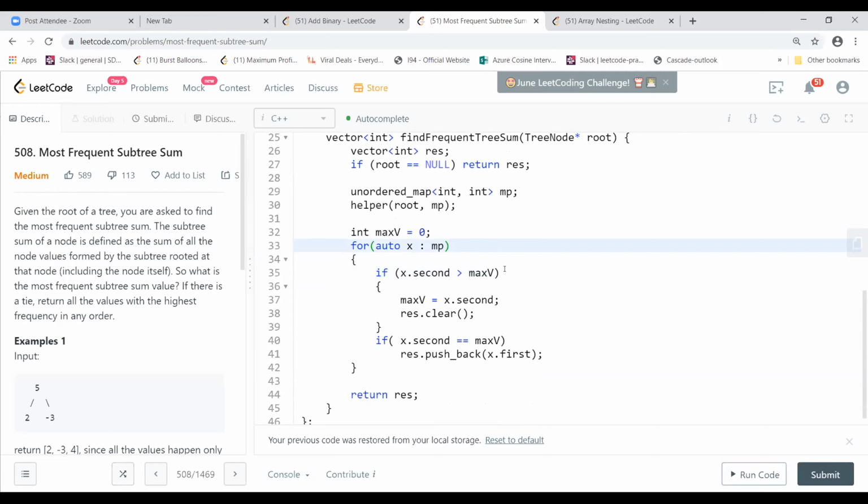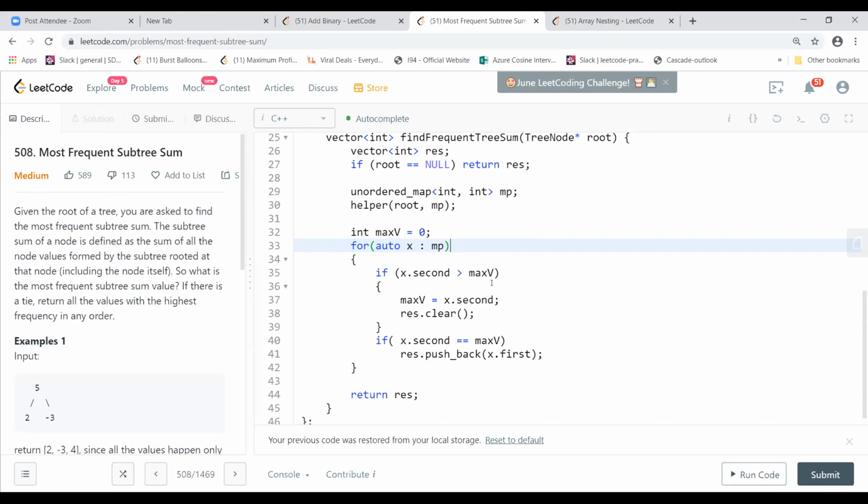The for loop you don't run if you keep a maximum counter and check if it's exceeding the max. But you cannot get away with the map because in your tree, you may have one sum appearing on the right side and another sum appearing on the left, and you still want the maximum. Yeah, the map is always required.